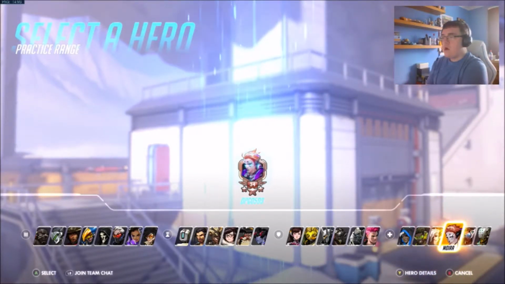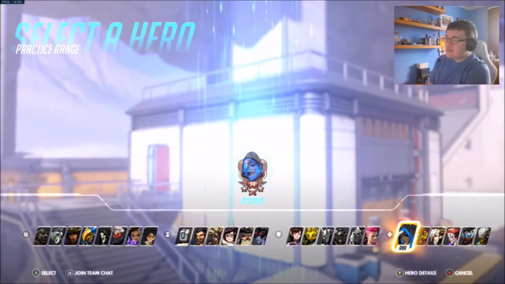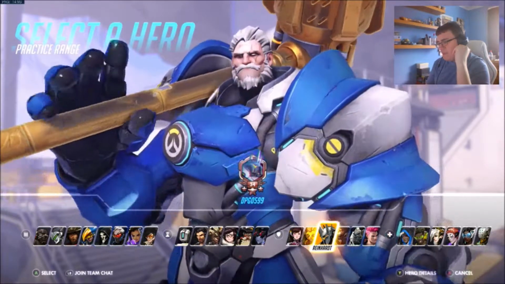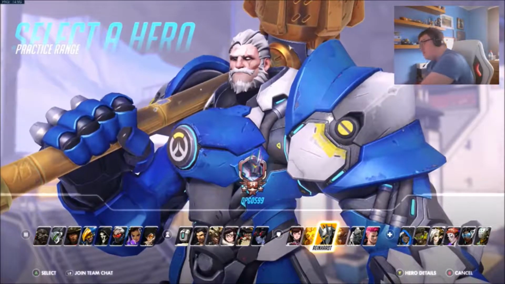Or maybe even a Moira. You could throw a Moira into there because she's quite divey as well. But that normally doesn't happen. Normally, for your generic defense, you'd want Reinhardt, you'd want a...